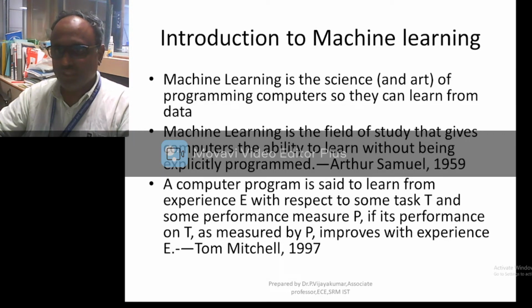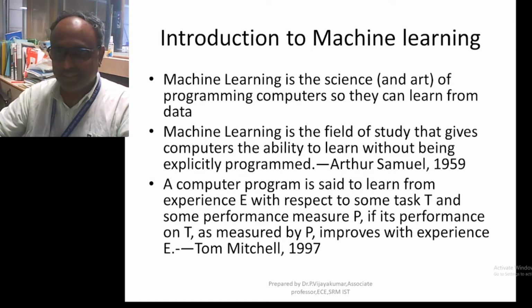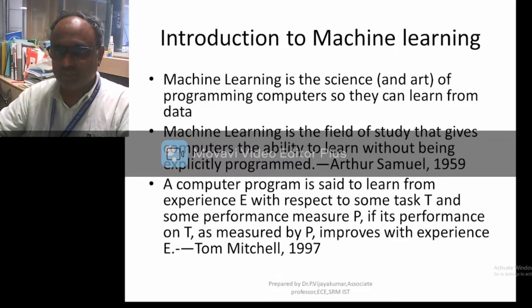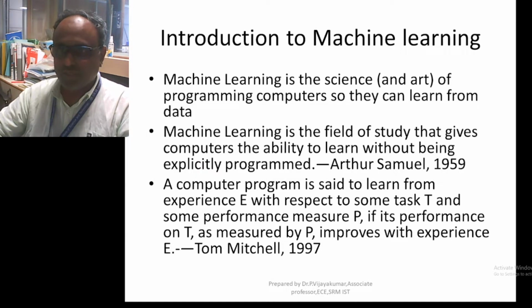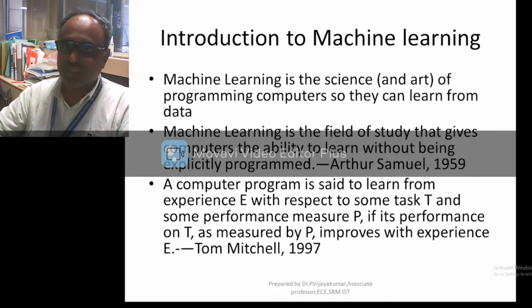Another definition: machine learning is the field of study that gives the computer the ability to learn without being explicitly programmed. So whatever computer programs we have nowadays are called explicit programs, where we write the full code of solving the problem, considering all the cases. Whereas under machine learning, we write the program such that the computer will have the ability to learn the concept and the knowledge, and then it will solve the problem. So problem solving through knowledge creation. For that we are writing the program.